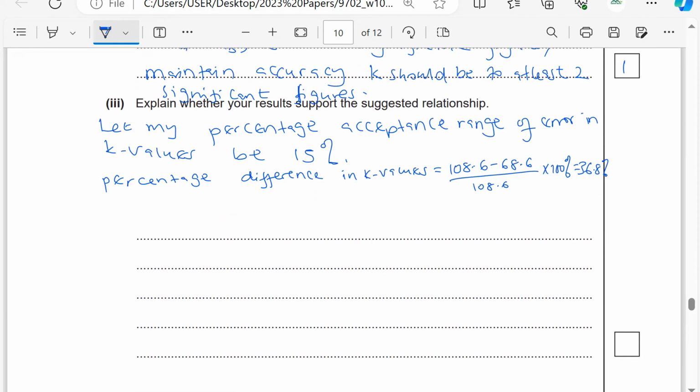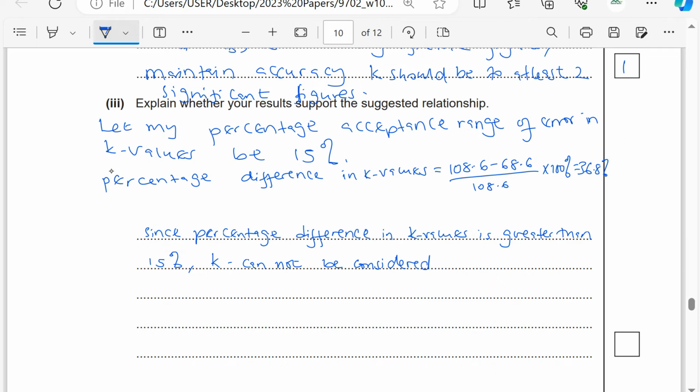So she just made a conclusion and said, since percentage difference in k values is greater than 15%, k cannot be considered constant,